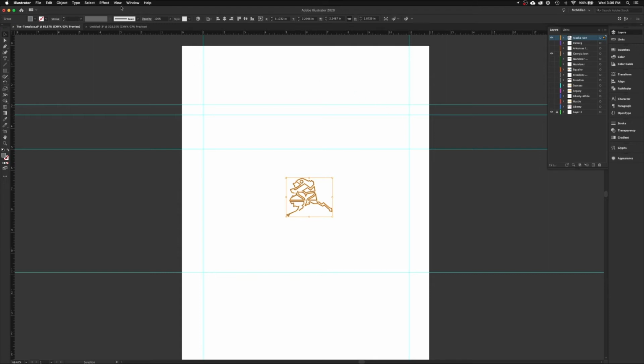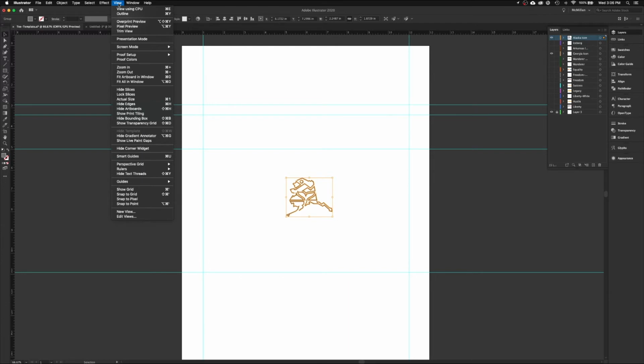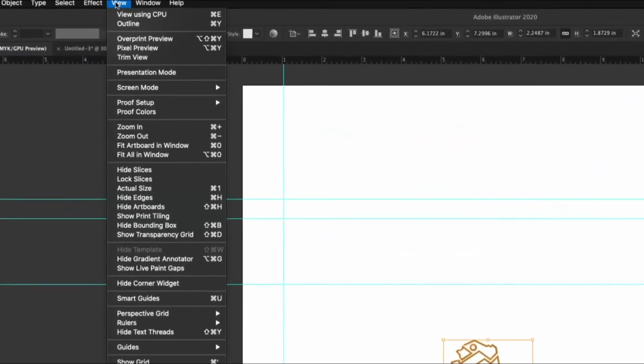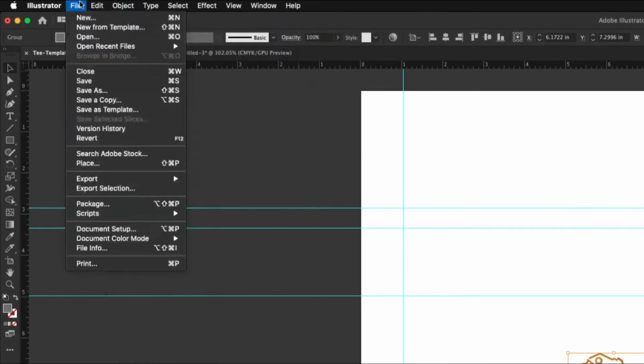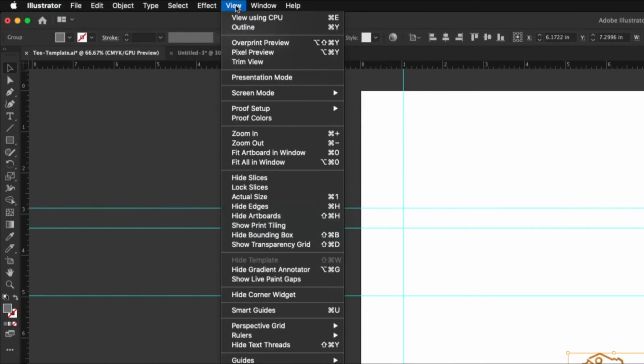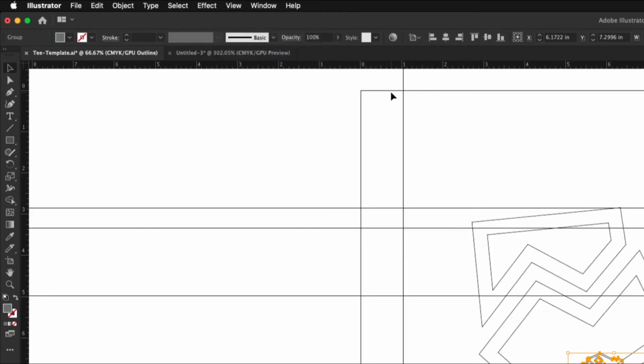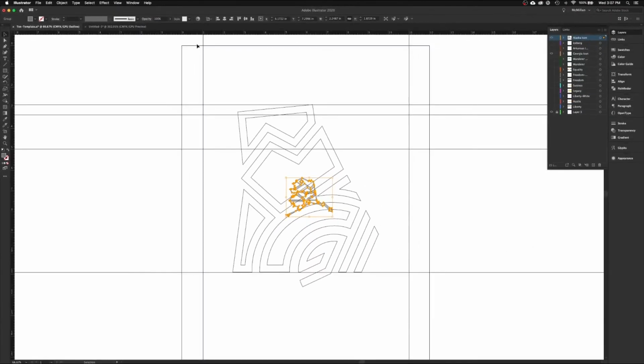So what I'm going to do is go up to my view. So go up to what I call the Apple menu on Macs, but it's your Illustrator menu up here. And I want to go into outline mode or outline view, which is Command Y or Control Y on a PC. So I'm going to hit Command Y, and this is going to show me that other icon and how I have that icon set up so that I can get